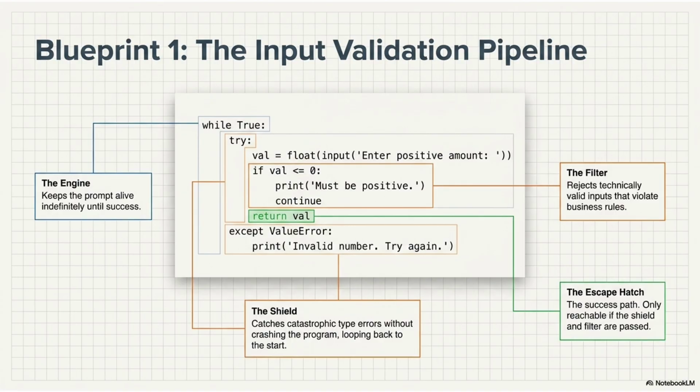The escape hatch, return the value or val, is only reachable if both the shield and the filter pass. It's the success path out of the validation loop. This 4-component architecture, engine, shield, filter, escape hatch, is a template you'll use in every interactive input scenario in this